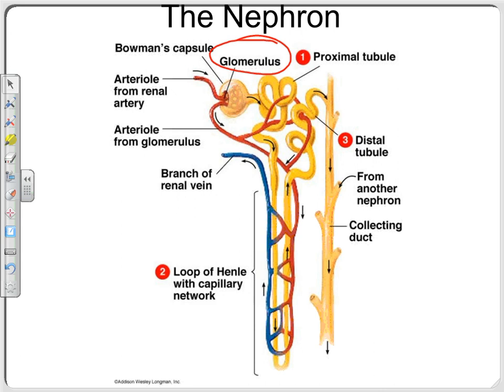These are especially leaky. So the blood goes into this bed of capillaries and all kinds of stuff leaks out. Anything that's small, anything that's really smaller than a cell leaks out. Water, nutrients, proteins, glucose, waste, it all is filtered out. That is step one of the process of making urine, filtration. And it happens at the glomerulus.